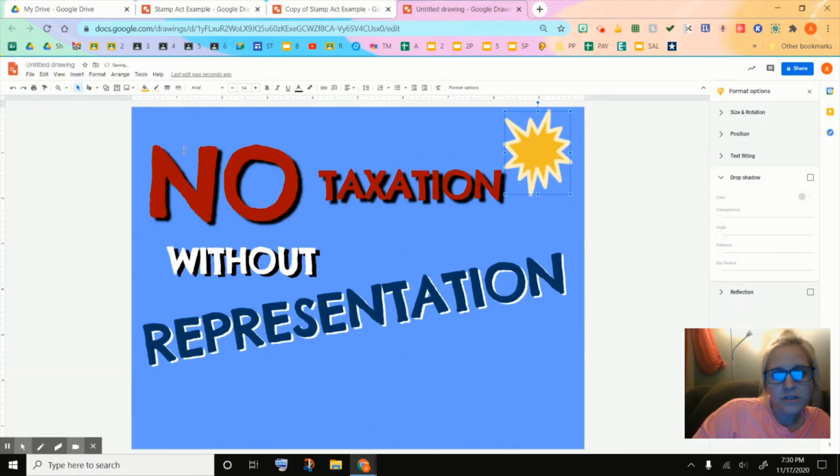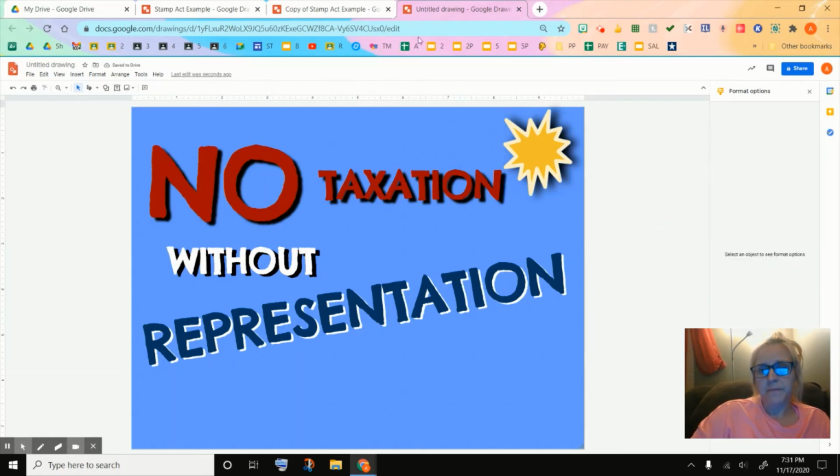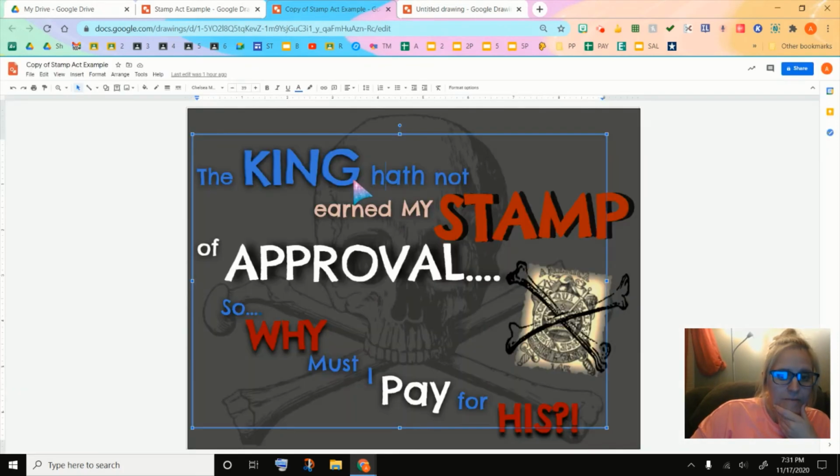So there's all types of ways that you can mess with this. You can give these drop shadows as well, make them pop out a little bit. So you got all types of options that you can do. Now, if you remember on my poster, this is an image that